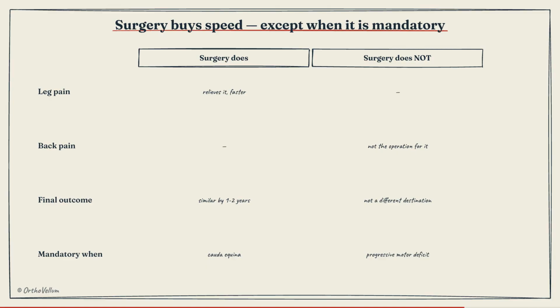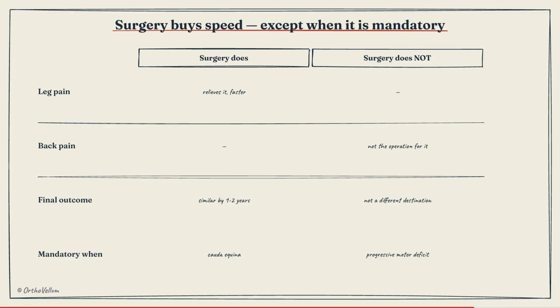What it reliably does is relieve leg pain, and relieve it faster. Randomized evidence comparing surgery with continued conservative care for lumbar disc herniation shows that surgical patients improve more quickly, with the advantage clearest in the early months. Over the following year or two, the conservatively treated group catches up substantially because most of them were going to get better anyway. So the honest framing is that surgery mostly buys speed of recovery from leg pain, not a different final destination,